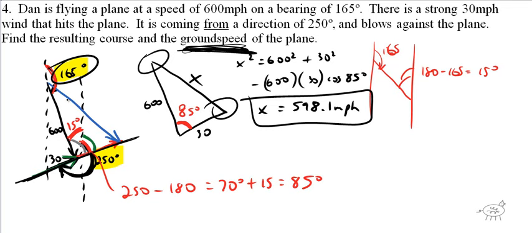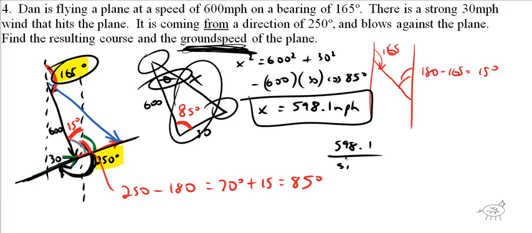less? So what I need to do is figure out this angle right here, this theta. And once I get that, I need to subtract it from 165 because it's getting less and less and less. If the wind was blowing the other way, it would be more and more and more. So anyway, how do I get that theta? Well, I have an opposite ratio now, right? I have the 85 and the x. So can I do